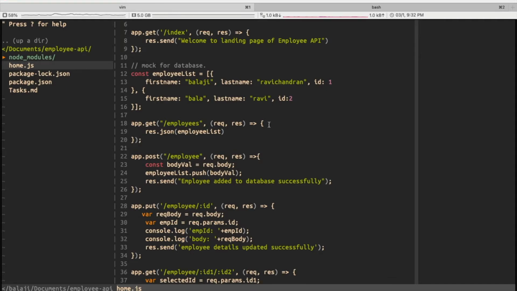That's it. So what we are doing is in line 29 we get the request body, and in line 30 we get the employee ID through the parameters. Okay, this is the idea of put. Basically, we use put wherever we want to update one particular resource, one particular value or record in the database. Whenever we want to update one single resource, we use put, whereas post is basically creating entries, adding entries.